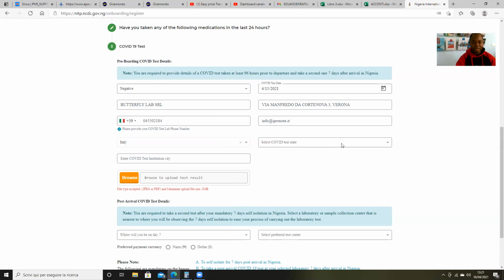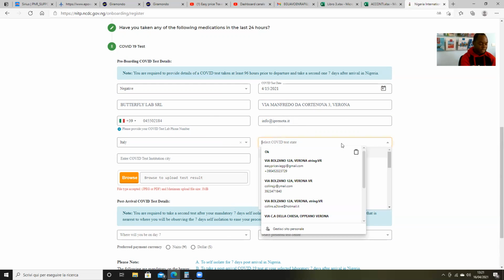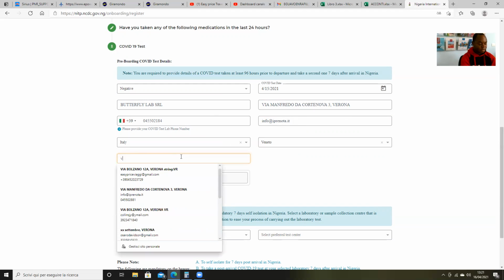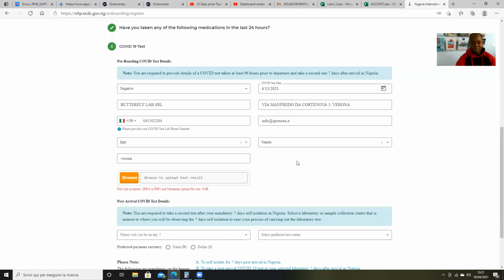And then I need to select the state. Once again, in this case, we select the region where the lab is located, or the state where the lab is located. Then you select it, and then the city. Then we write the city where we did the test. Okay. So after that, we need to